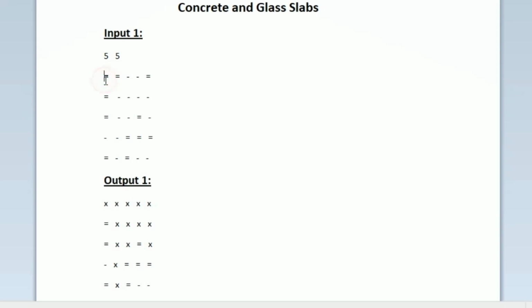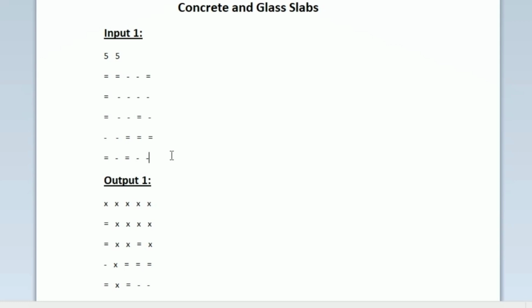So these are the only two characters used in this character matrix, and the equal to symbol represents a concrete slab and a hyphen symbol represents a glass slab. And now it is given in the question that an iron ball is being thrown in every column of the matrix, and if it is a glass slab then it will be broken, and if it is a concrete slab then it won't break. But there is one possible case where the concrete slab can be broken. If the concrete slab is going to be the first slab where the iron ball is going to hit, then the iron ball can break the concrete slab. In none of the remaining cases can the concrete slab be broken.